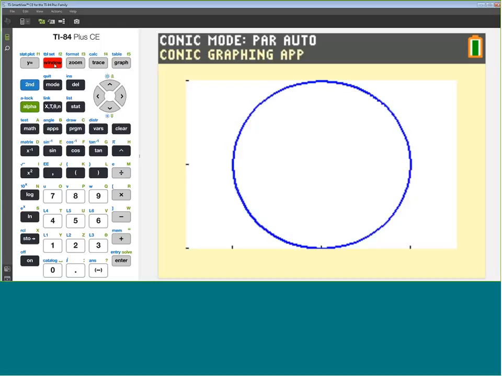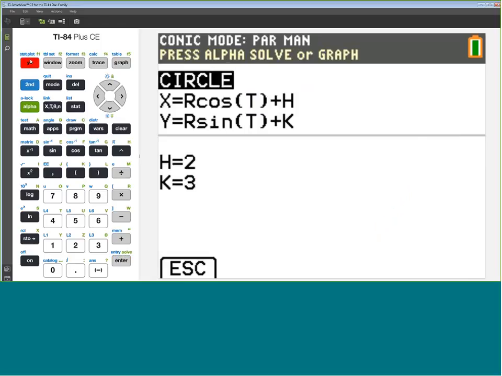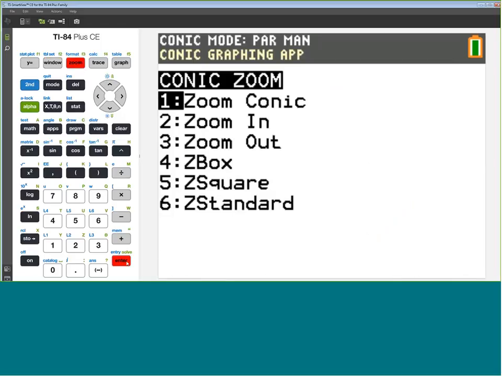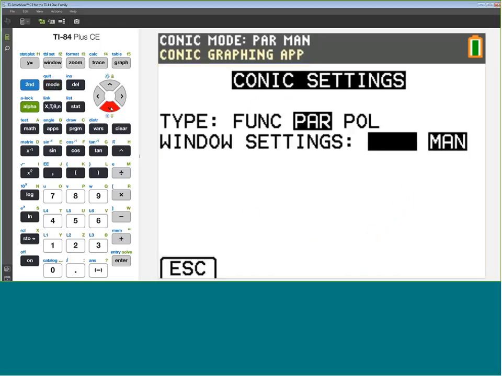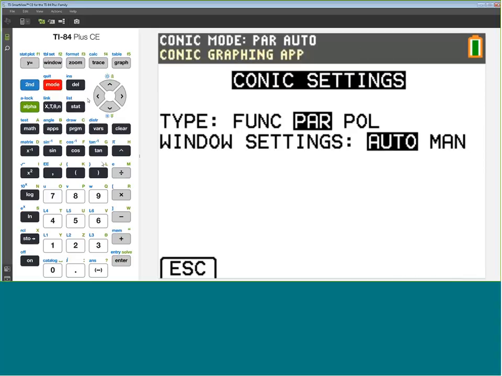I may not like that window, but if I press mode, I can actually manually change the window to see the axes. But it has a nice button on it that enables me, if I do that, to actually have a cute zoom button there, zoom conic, so I can get back to manual fit, to automatic fit, which I want to just take 30 seconds here and share with you some cute stuff with the ellipse. We have to at least enjoy an ellipse. So we'll go back to function mode. I apologize, the screens are flying here, but